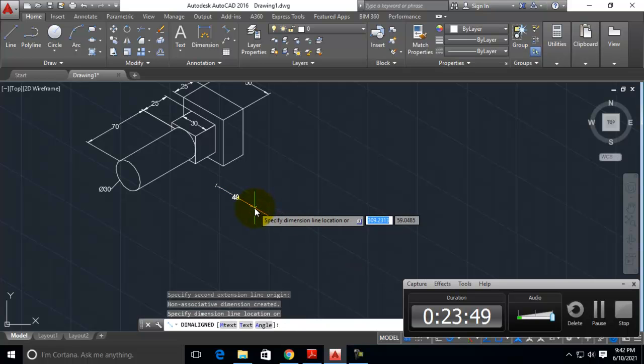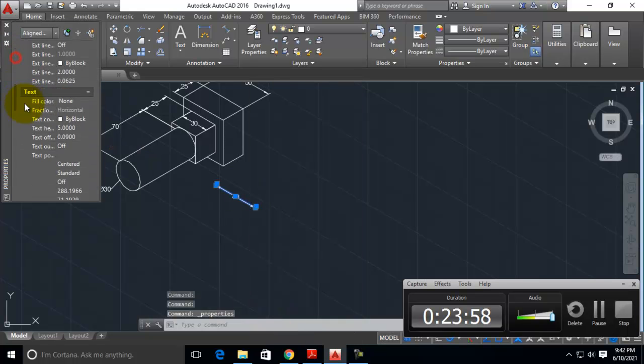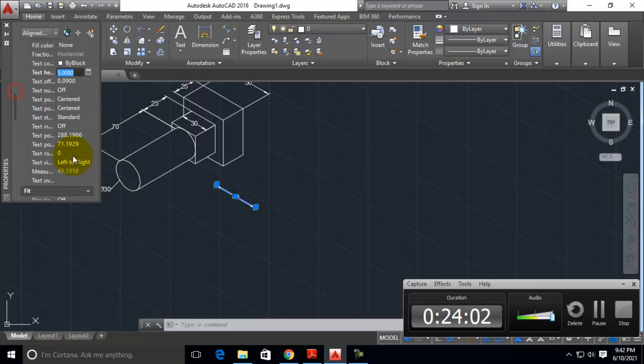Now click over here, properties, the text override will be there. Here you just press space bar and press enter. You can see that the text disappeared here.